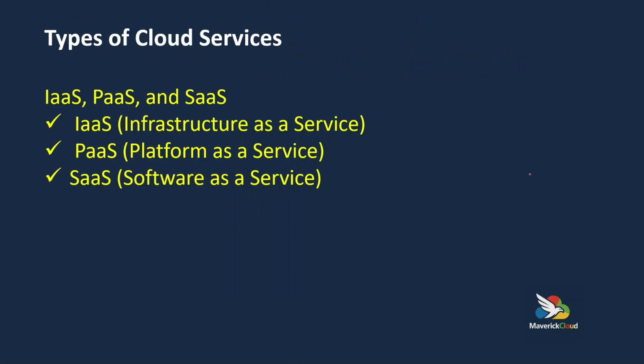So today we will learn about the types of services in cloud. Basically, in the market there are three clouds which are used in various places. That is called Azure cloud, that is called AWS, Amazon Web Services, and another is GCP. So today we will learn about the types of services inside each cloud.